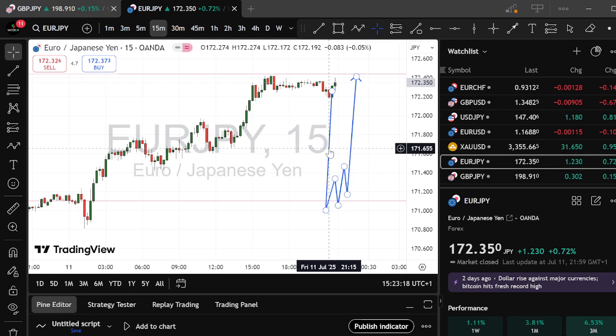Then identify one strong candlestick pattern. When I say one strong candlestick pattern, it can be an engulfing, a pin bar, a hammer, or a doji, but one strong candlestick pattern. Okay, then now switch to